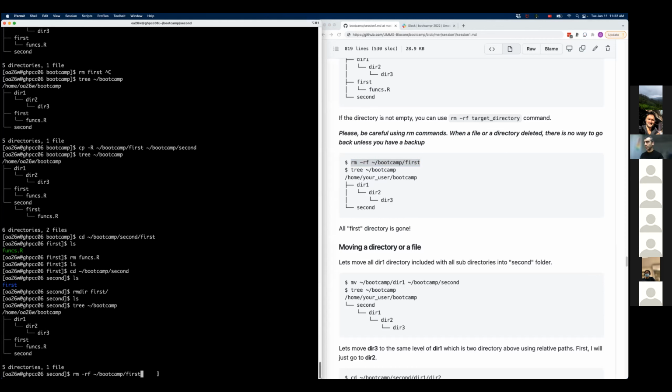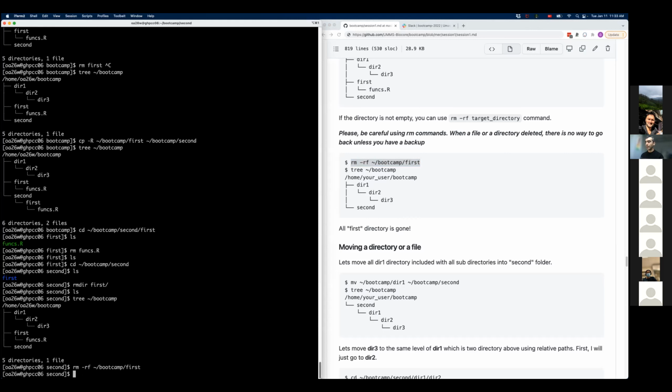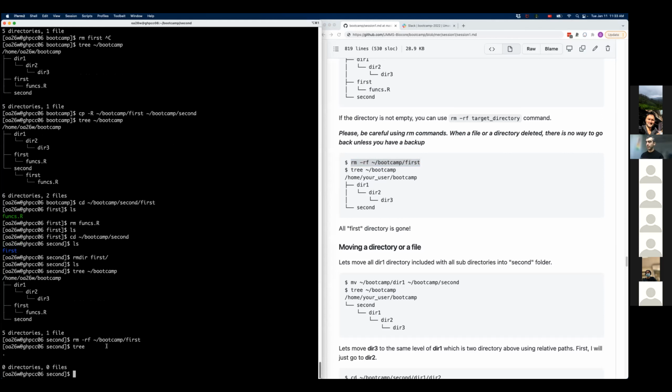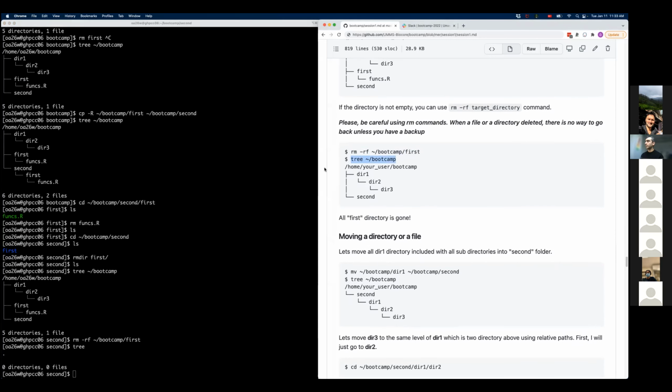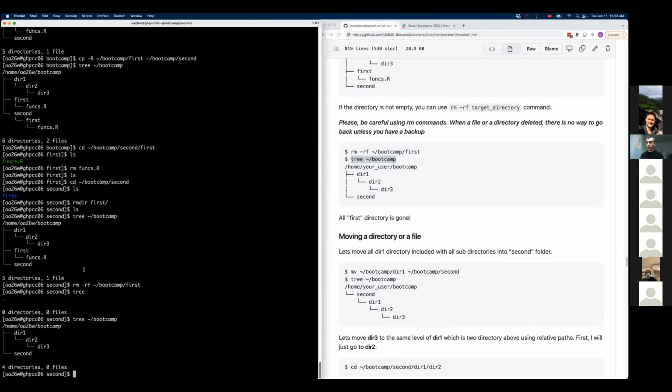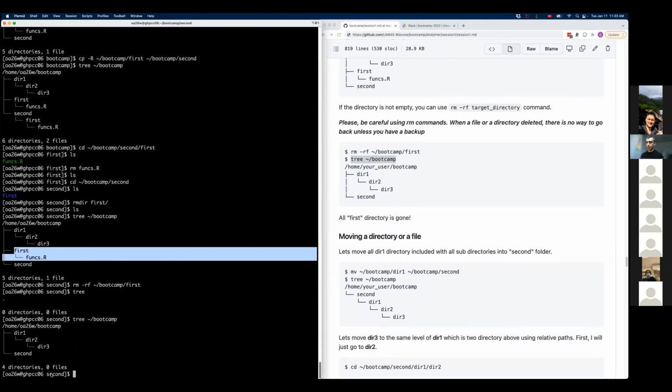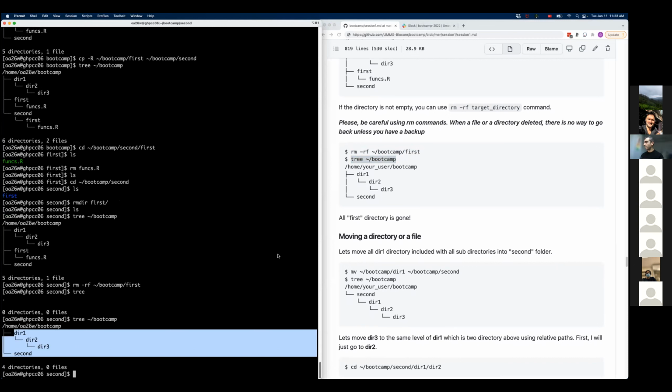Sometimes it could ask you for important files, for protected files, are you sure you want to delete this, if you don't have the f flag? But if you are sure already, you could use this entire command. And you can see that the first folder here was not empty, but we still deleted that. So if we go to bootcamp, the first folder, which was just here a moment ago, is no longer here.